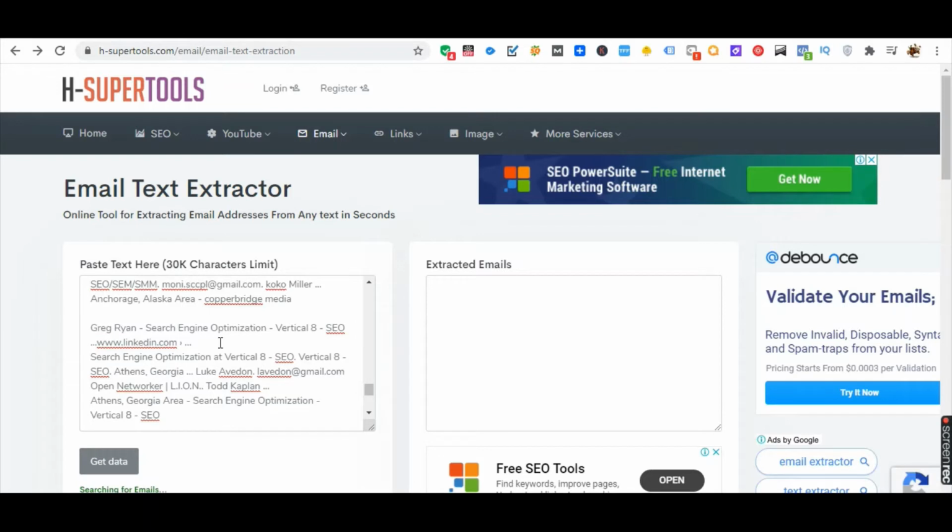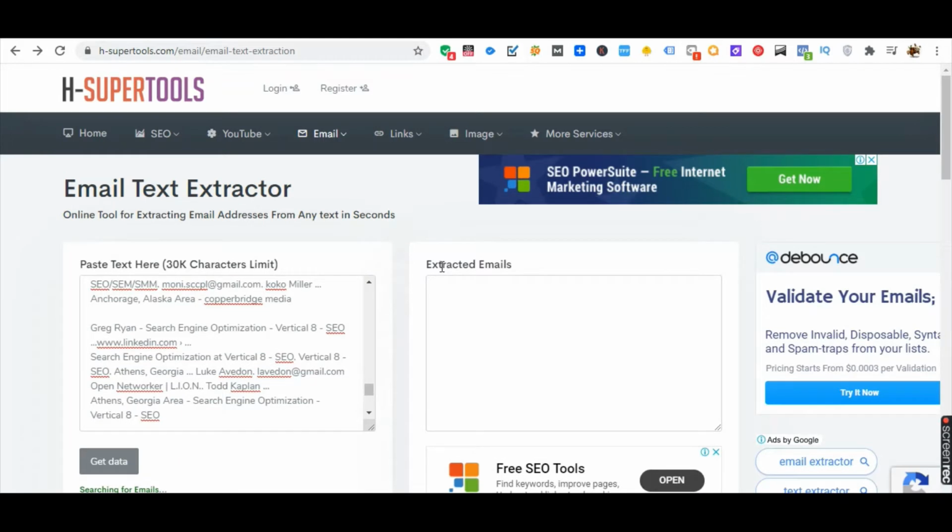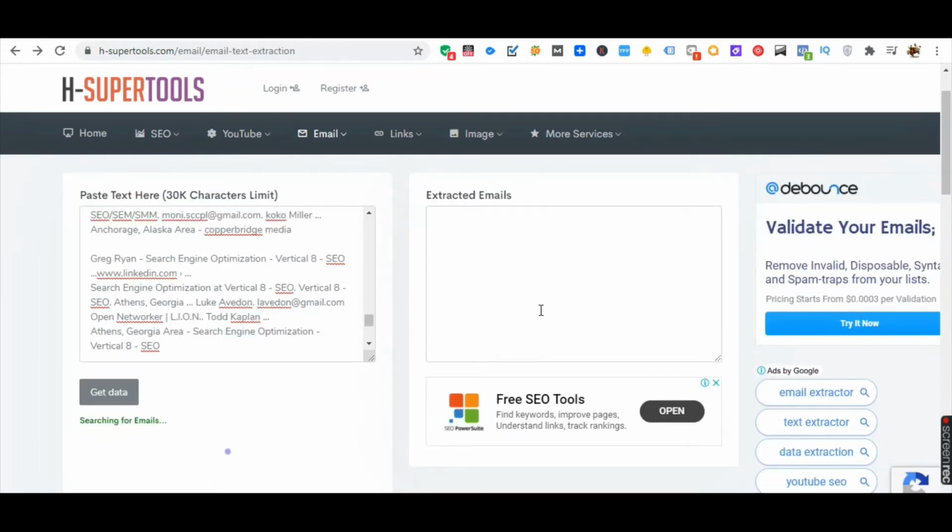So what does it do? It just extracts only emails and gives us detailed information. Here we would be finding all this detailed information in extracted emails. Let's check whether we would be getting all these emails or not. And after this I would be giving you a bonus tip, right? Because you need to check whether these emails are valid or not.